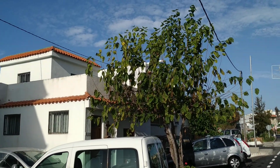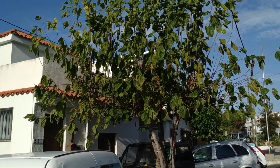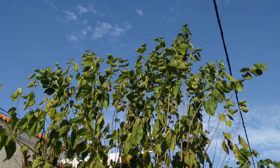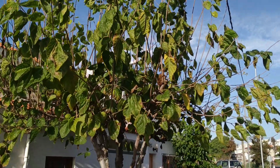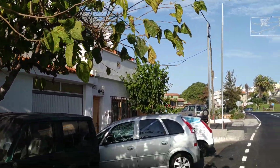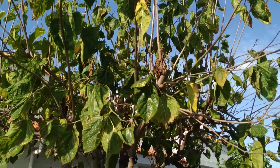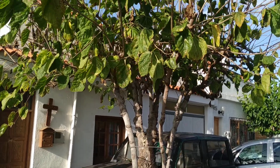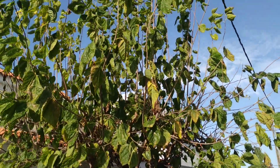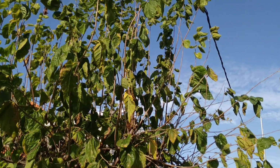I'm on the island of Tenerife in the Canary Islands. And since I was specifically asked to look for mulberries, here I am with quite an unusual mulberry tree. When I saw this tree and the one over there, at first I was completely sure that this is Morus alba. Look at this quite straight growth form, those young twigs which are like 3 meters long and probably less